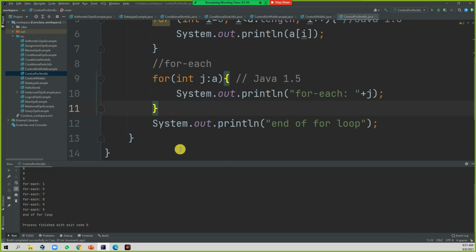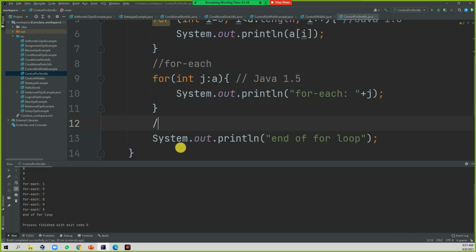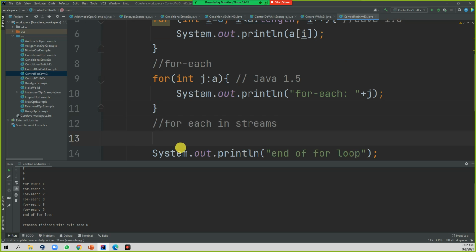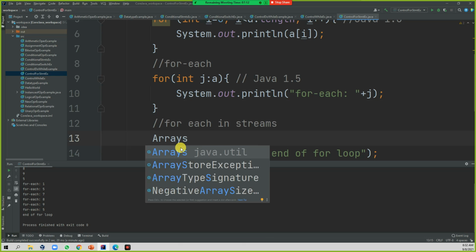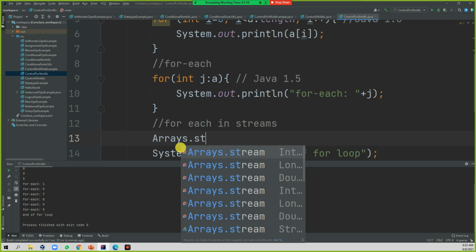The next concept is for each in streams. So how to write it in the stream scenario? This stream scenario will be Arrays, it has a stream.